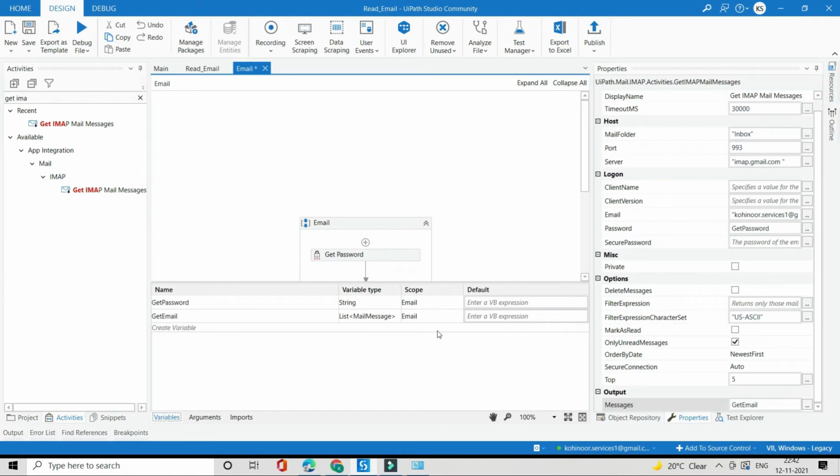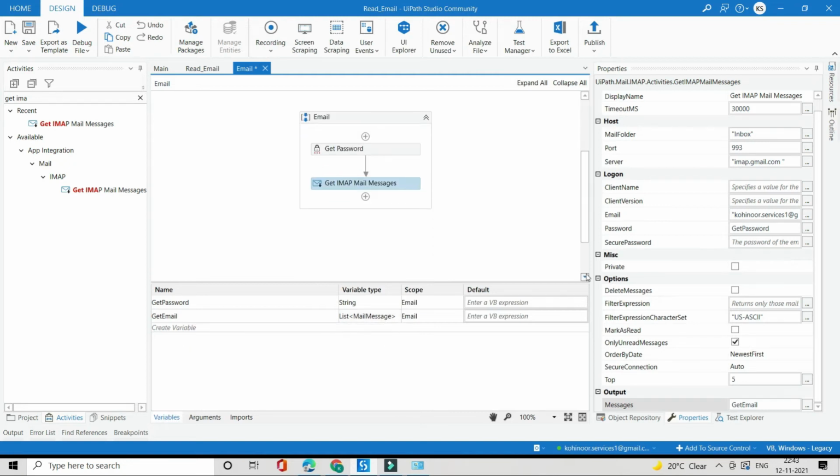If you go into the variable panel here, we have defined 2 variables, get password and get email. Get password is a string type variable and get email is a list type variable, that is System.Net.Mail.MailMessage.